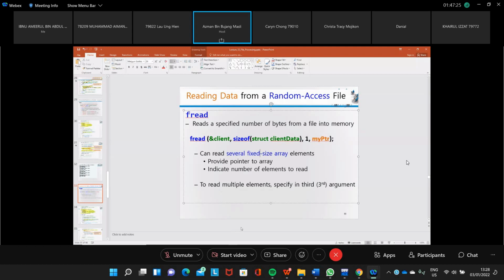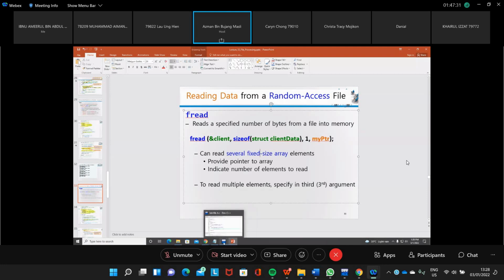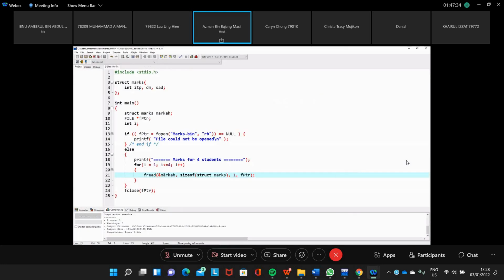So similar to fwrite, but now we are reading. So we have here fread markah, and then size of the structure, 1, and then fptr.